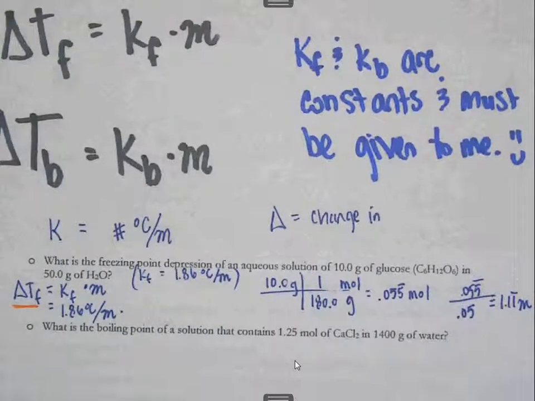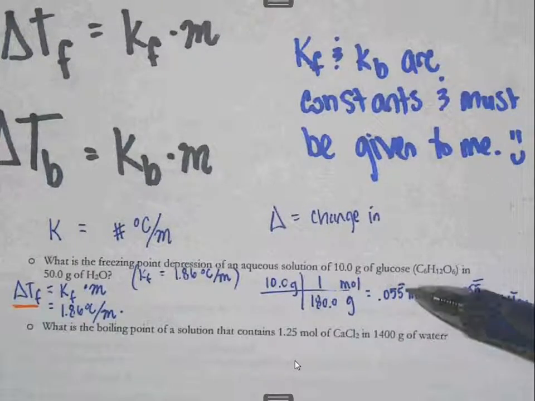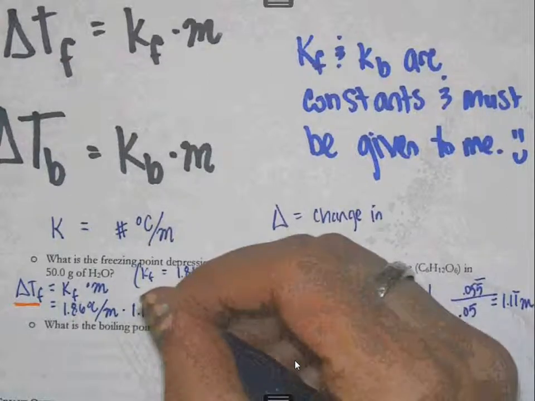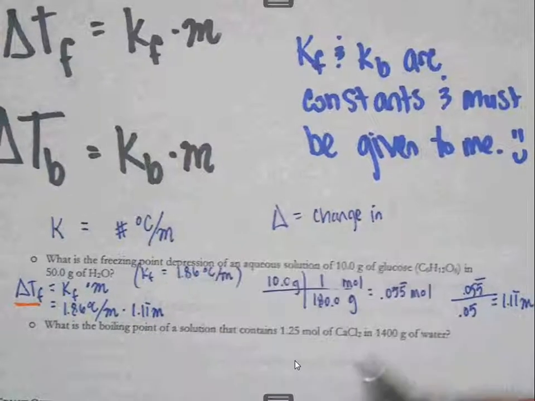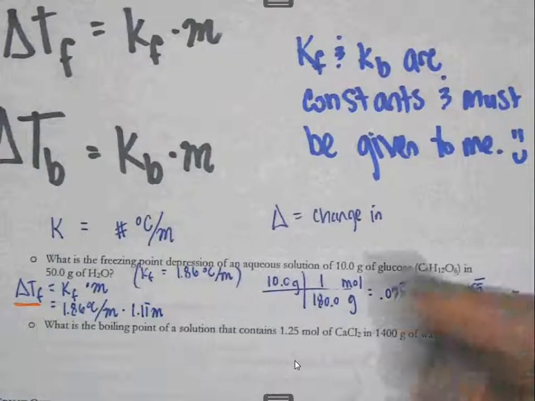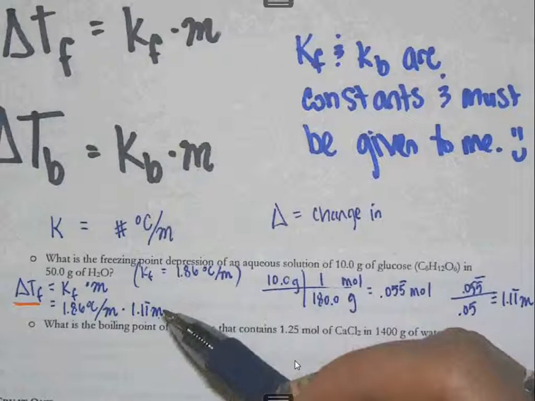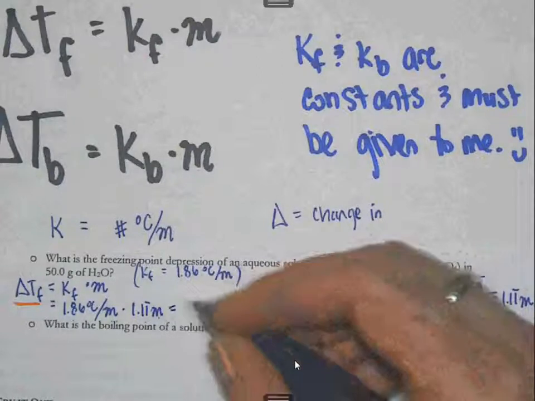So I'm going to bring that number over here. The most ideal situation would be don't round here, don't round there. Just carry that whole number over into your calculator to get the best possible answer. So I need to take the molality and multiply it by 1.86. And I will get an answer of